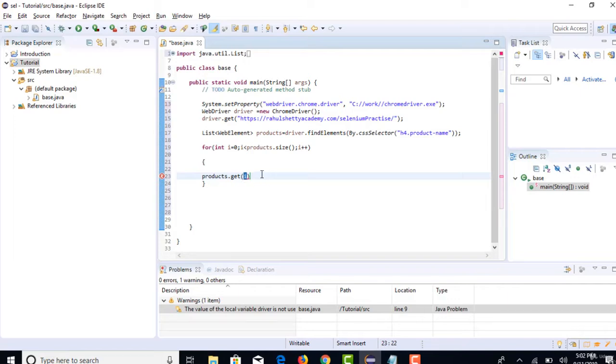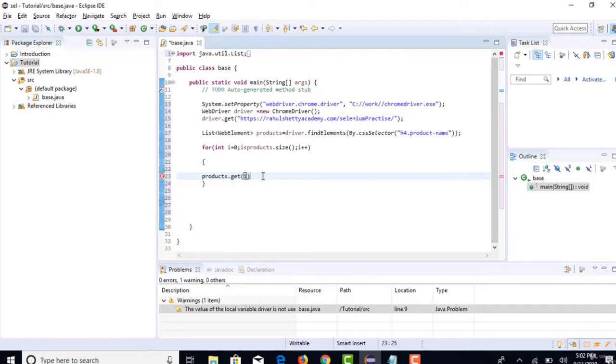That means we are extracting the 0th index item. And next when the loop iterates, i will become 1, products.get(1), and the first item will be retrieved. Like this the loop will run 30 times and every time it will update this index, and you will get control of every product.